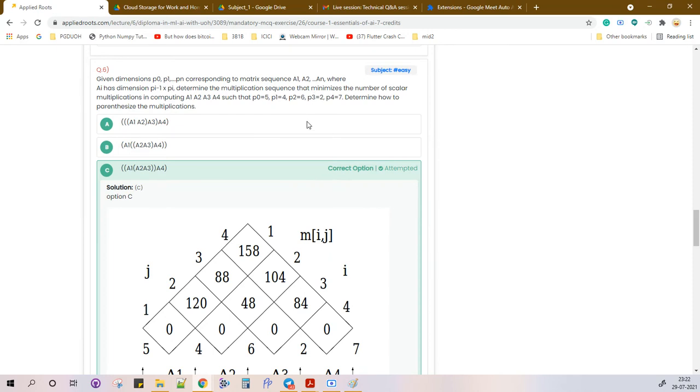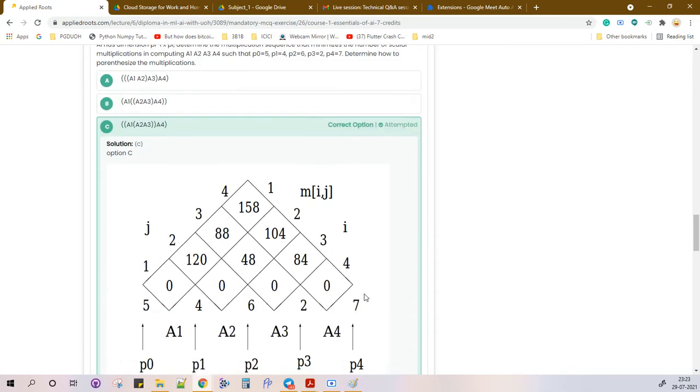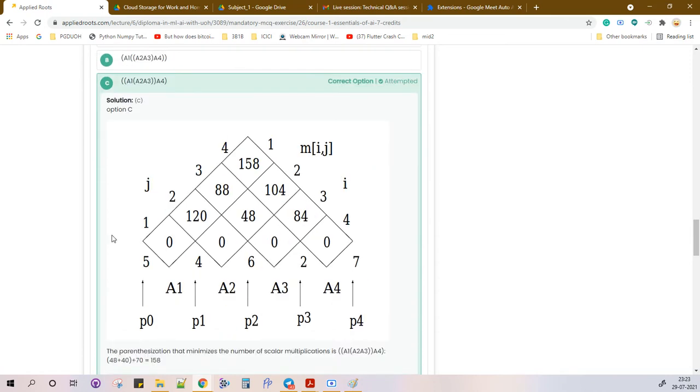Determine the multiplication sequence that minimizes the number of scalar multiplications in computing A1, A2, A3, A4, such that P0 is this, P1 is this, P4 is this. Determine how to parenthesize the multiplications, right? Till date, I am not able to understand this graph. If someone decodes it,